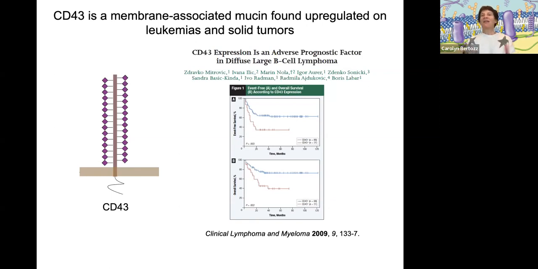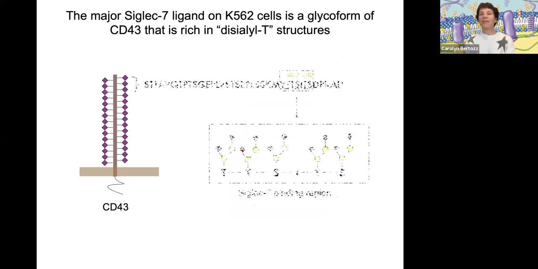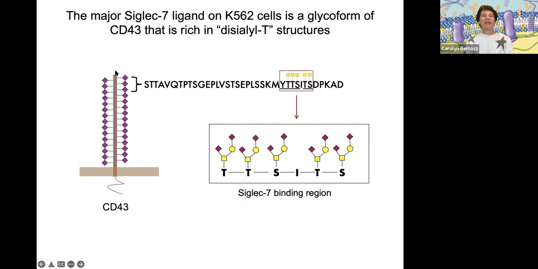And these kinds of studies populate the literature, but again, no one has really had a proposal as to why overexpression of CD43 might be promoting cancer progression. And so we did a deep dive on CD43's structure and glycosylation pattern on this cell type to understand why it was so important for Siglec-7 binding. And it turns out that, Simon, basically, I won't go through the details because this is also all published work now,